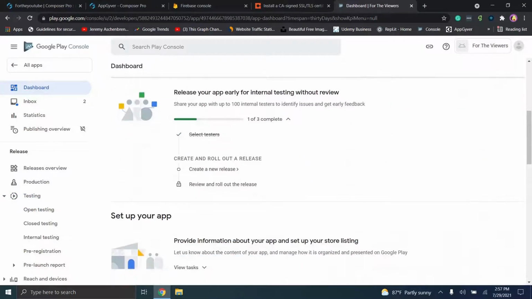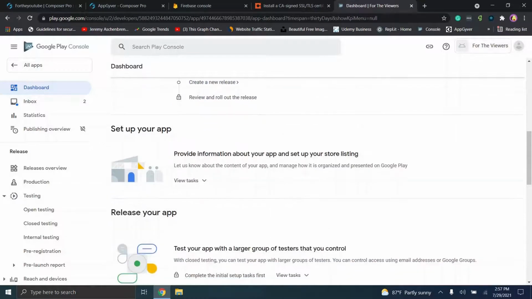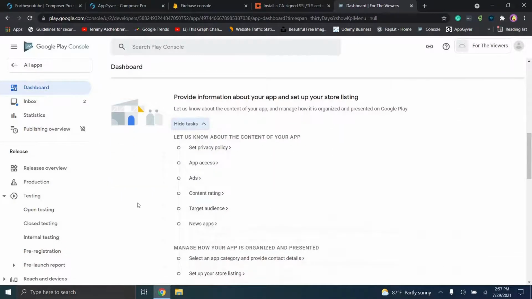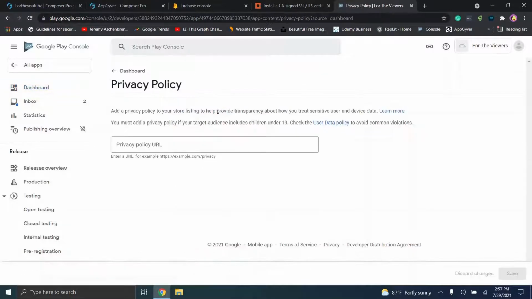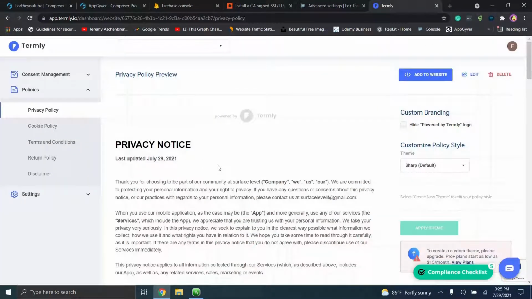And this is where we're going to finish everything. So create new release. Obviously, we've been working on that. Setting up your app. So here's where we need to fill out all of this information. So set privacy policy. Now, I'm going to interject on this privacy policy piece because the legal and disclaimers are